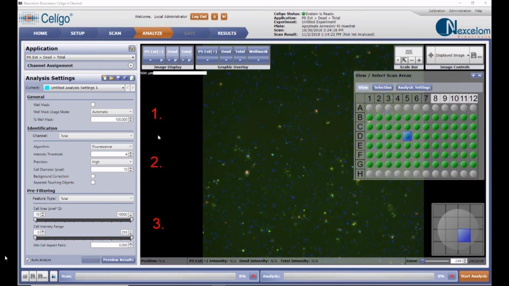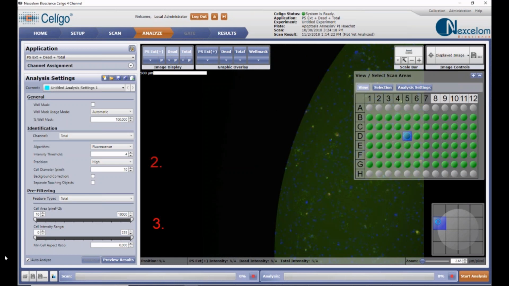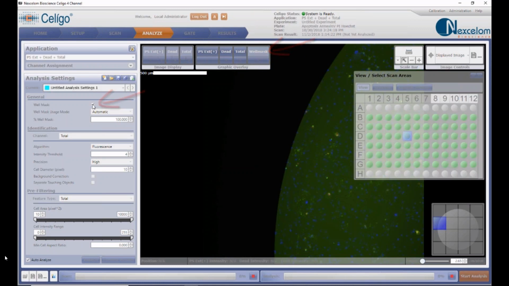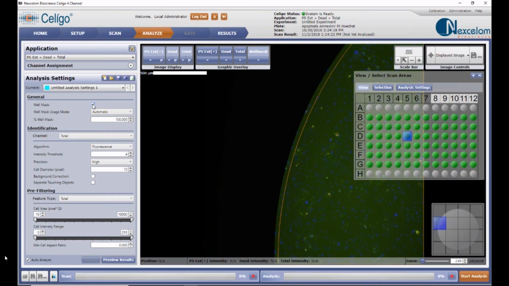Typically I'll go from the top down. You'll see the order of operations 1, 2, 3. I'll start with the well mask, and then I'll move my way down. The well mask is applied once, and it's applied to all 3 channels. So we'll just turn it on with this checkbox, and then I want to show you what the well mask